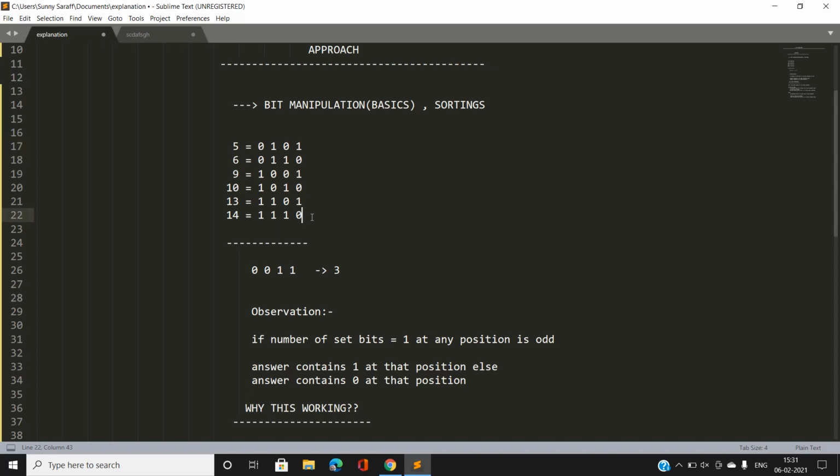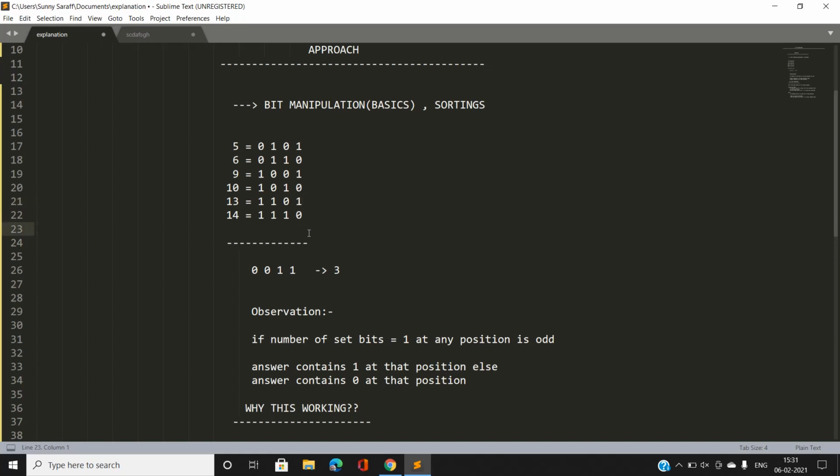So basically this is the binary representation of 5, 6 and 9 also. I am going to calculate the number of set bits equal to 1 in the binary representation of a number for all the numbers starting from the right for the ith position. Note that for the first position, for all the elements, if we count the number of set bits, it will come out to be odd.